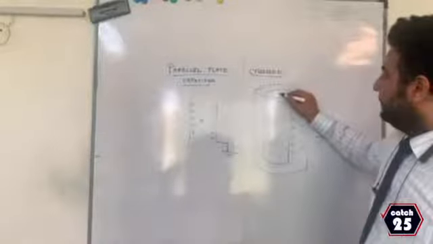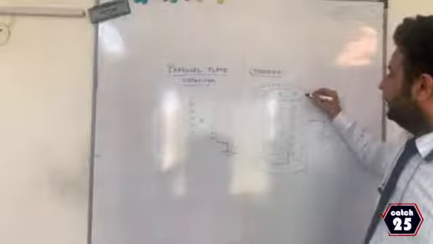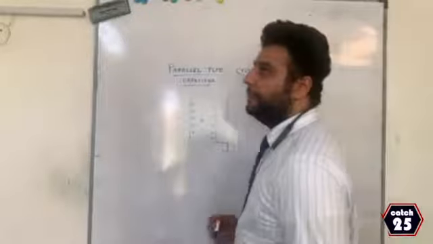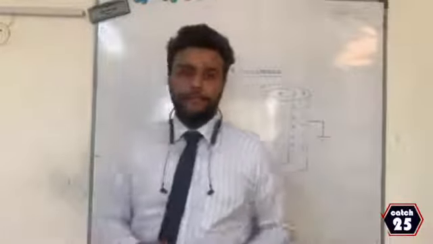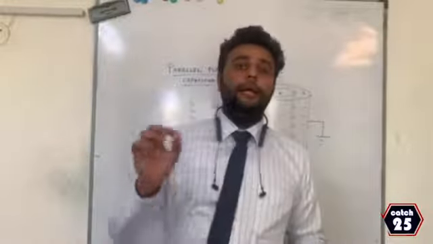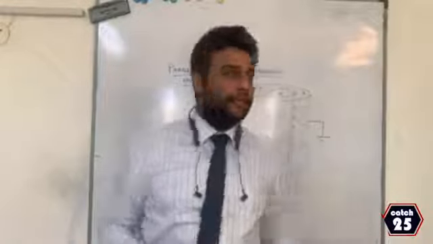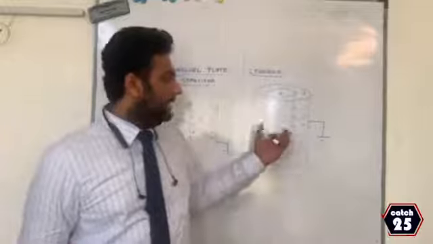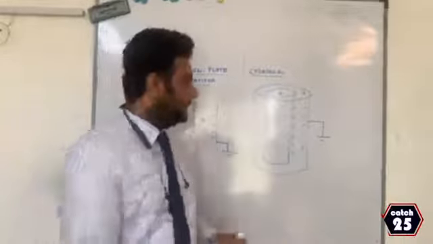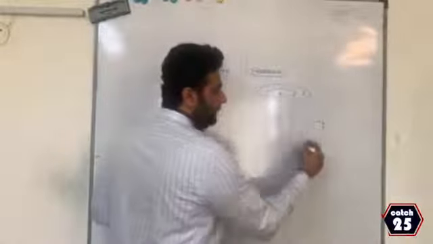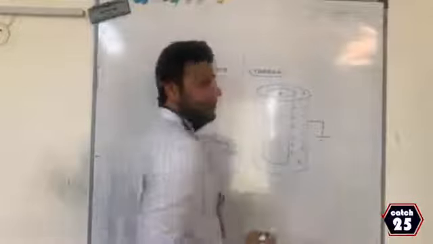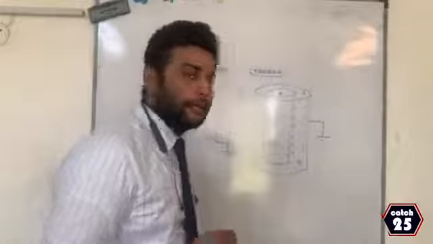So let this be cylinder A, let this be cylinder B. Now remember, in a cylindrical capacitor, they are coaxial cylinders, in the sense they have the same axis, inner cylinder, outer cylinder, and they are separated by some dielectric K. This is your cylindrical capacitor.